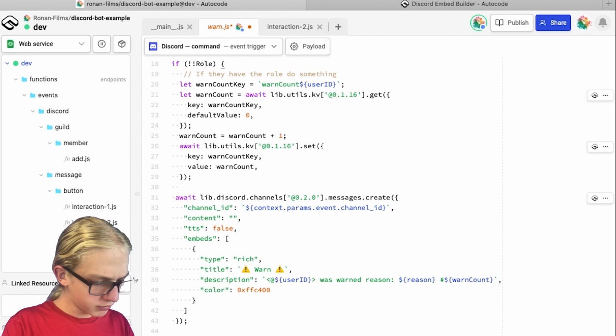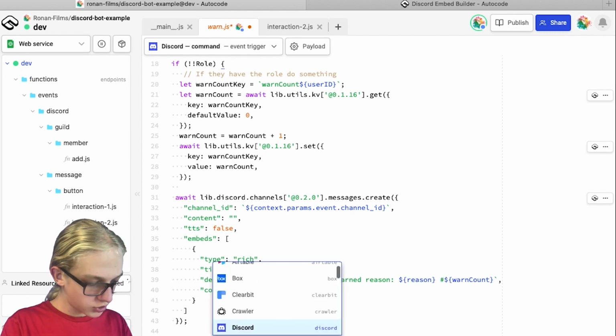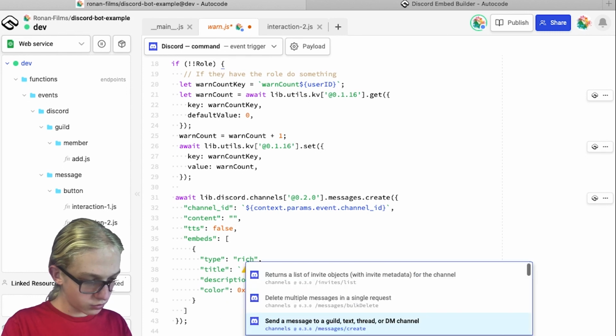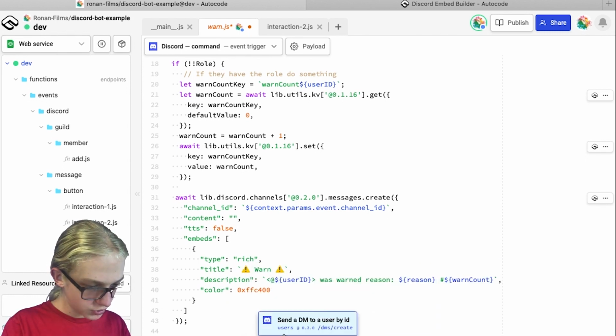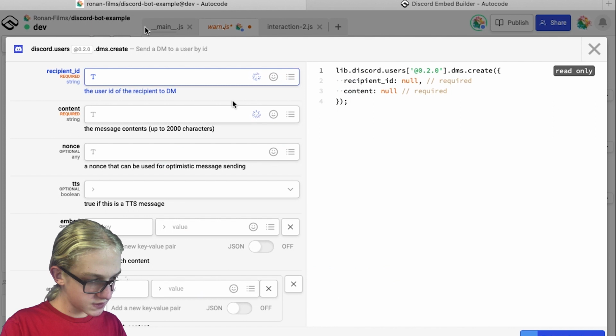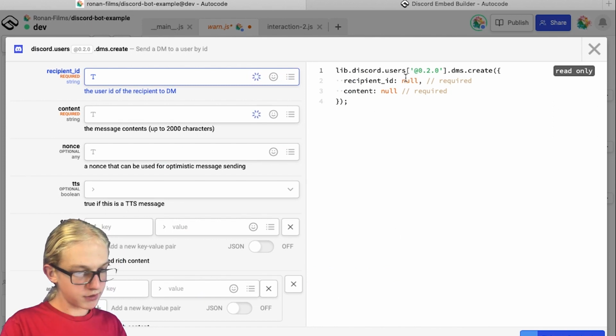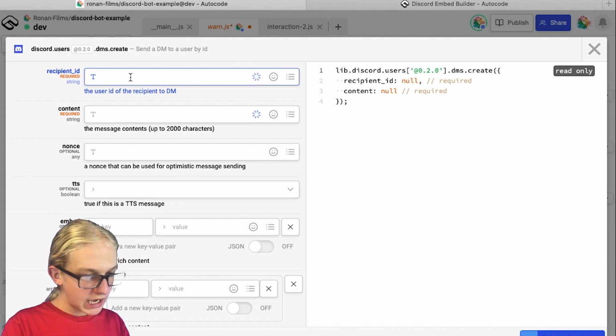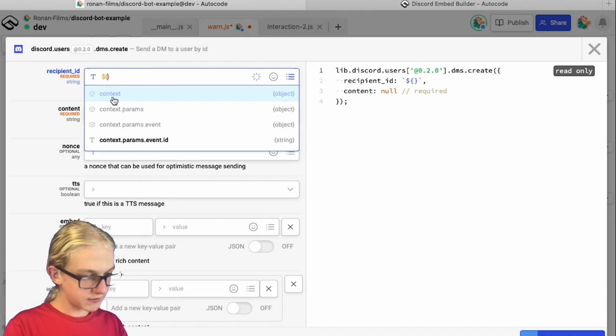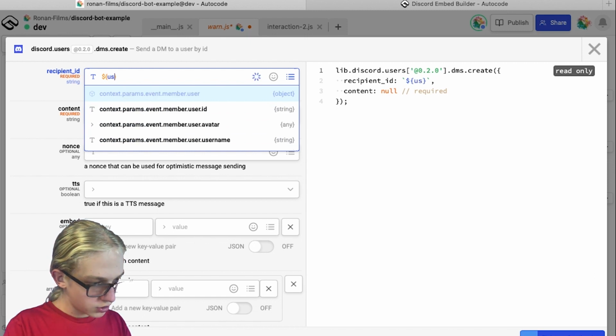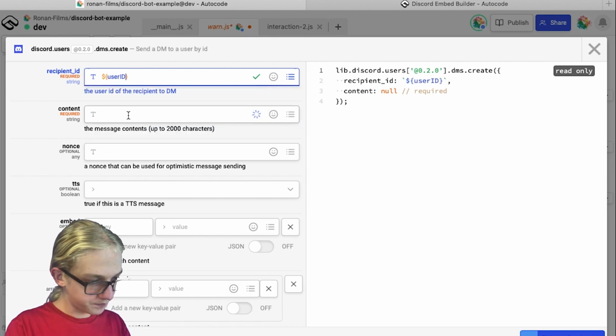So we're going to type await again, and we're going to do lib.discord, and we're going to do DMs create. Like that, very simple. It then comes up with the recipient ID, and we're going to hit these 3 bars here like a menu bar. It's going to give us this, and we're going to do user ID